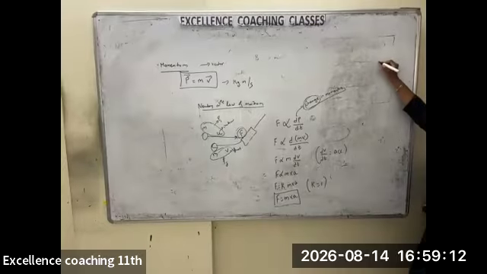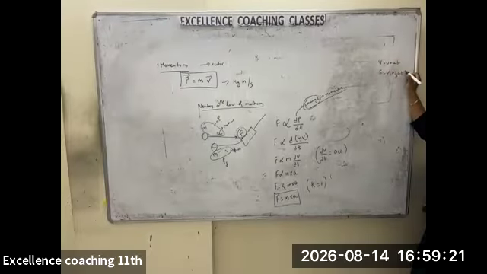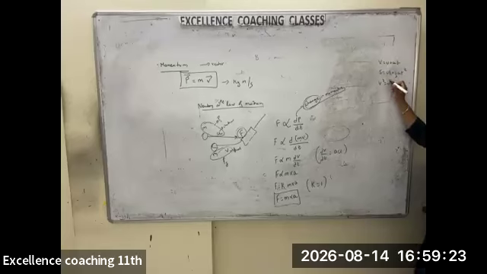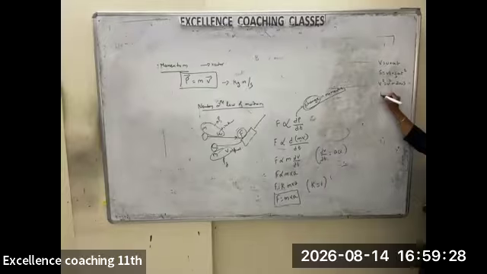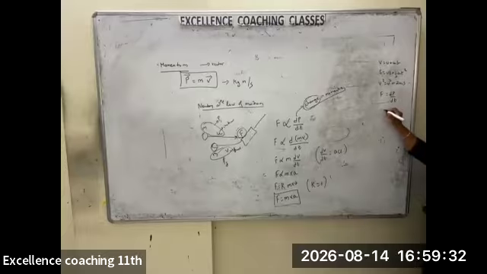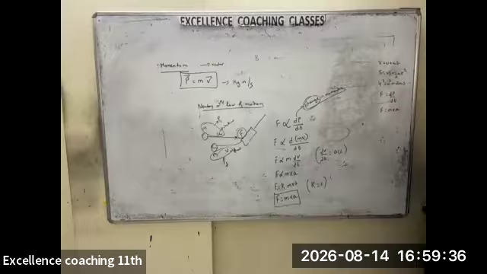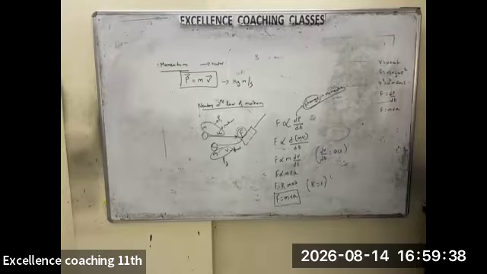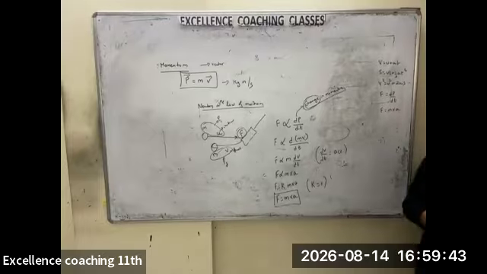For example, kinematic equations: V is equal to U plus AT. S is equal to UT plus half AT square. V square is equal to U square plus 2AS. These were your kinematic ones. Now what you studied: F is equal to dP by dt. Then F is equal to mass into acceleration. It will always be better for you to do this, and you will get a brief idea from there. Next, we'll talk about